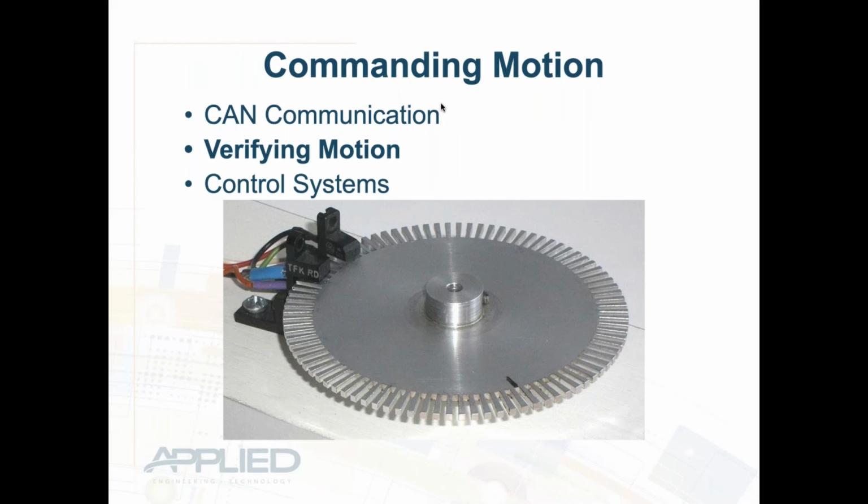So for instance, if I were going to do the system pictured here for a customer, I would need to know the diameter of this disk and the space between each of these markings on here, so that I could write software that could then count these and then figure out how many degrees the device has turned and at what rate it is turning. And after I cleaned and filtered that data, that would then be what the application developer would get to define their business logic on how they react to these